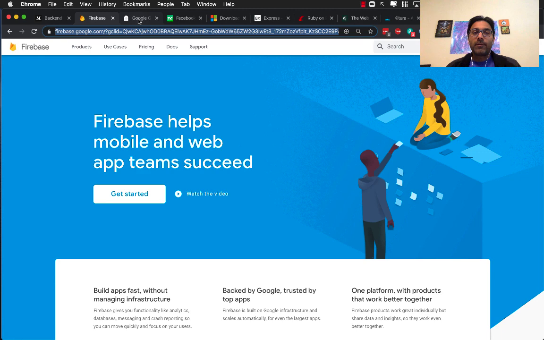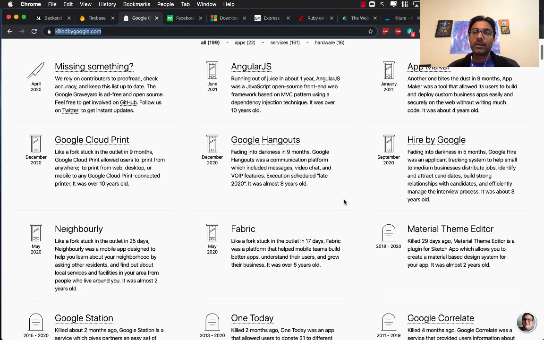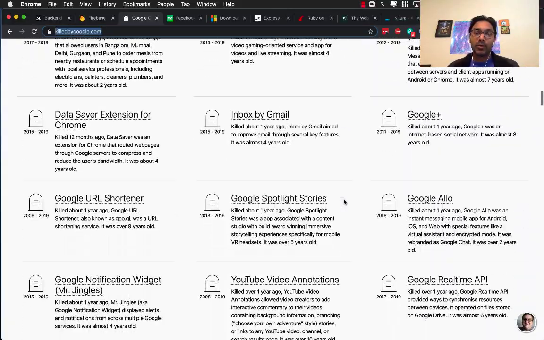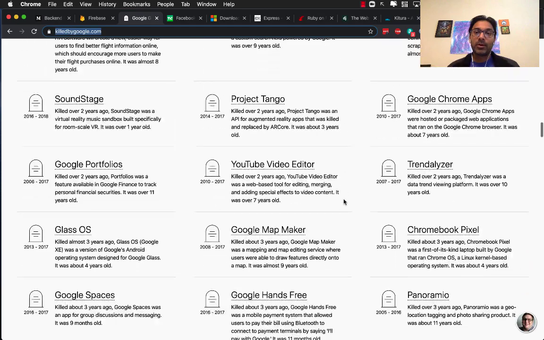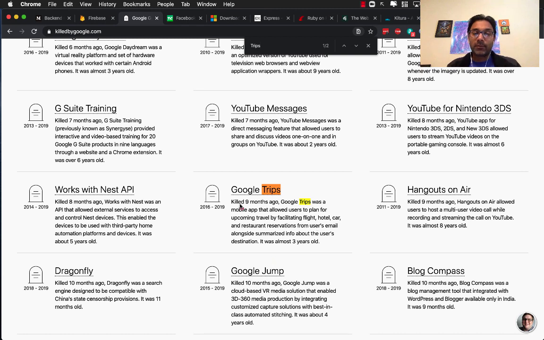All right. The other reason for maybe learning about the server-side framework is this website, the Google Graveyard. You can see all of these different things, and the list is actually pretty long. These are different things that are killed by Google. All right, and the list goes on and on. When Google killed Trips, I might be the only customer of Google Trips, but I actually cried. Not literally cried obviously, but it was a really good app and I used it every single day, and I used a lot of Trips. So this was a really bummer for me.